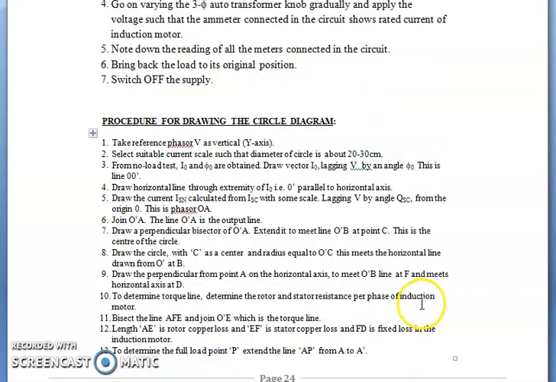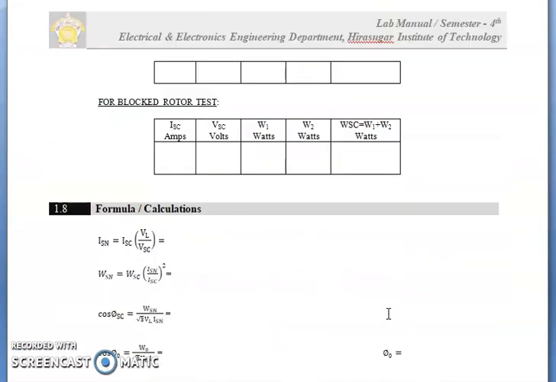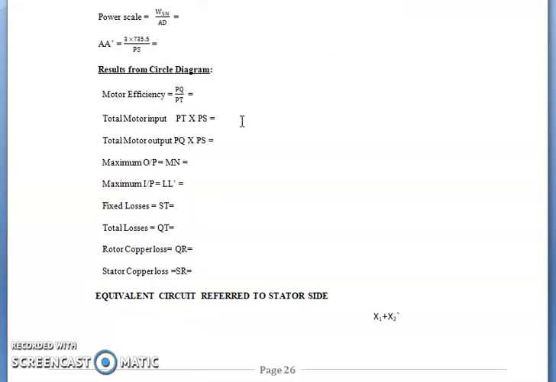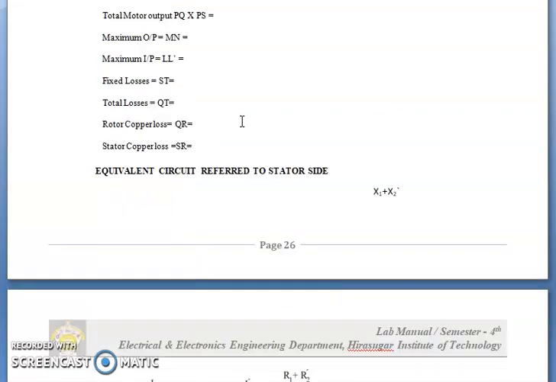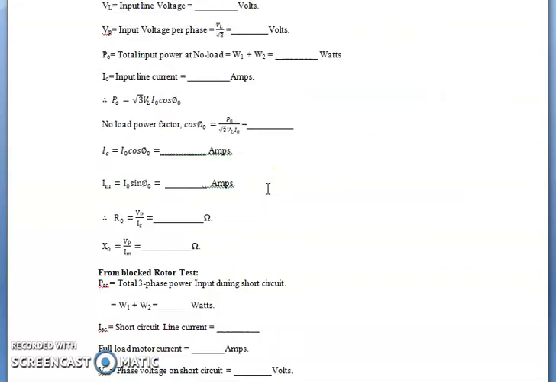Okay, then after conducting the experiment, whatever results we obtain, we use these results for studying performance parameters of the induction motor like losses as well as efficiency. Hence, you have to use these formulas for calculation of power factor as well as other parameters required for calculation purpose. Then you have to plot the circle diagram. After plotting the circle diagram, whatever information is available through conducting the no load and block rotor tests is used to draw the equivalent circuit of the induction machine. Okay, then we will go for conduction.